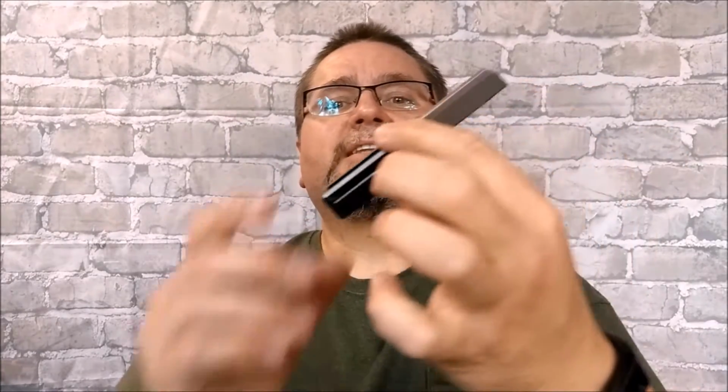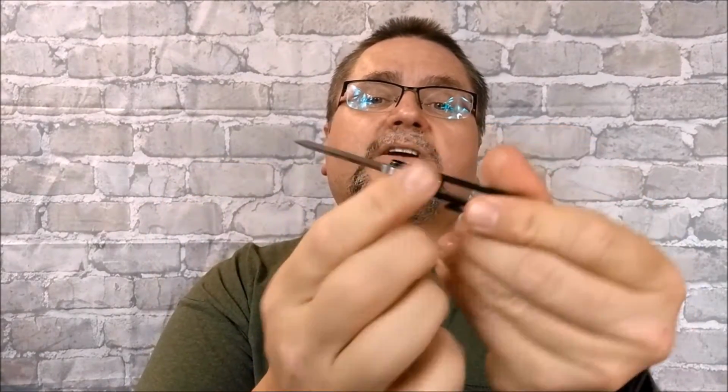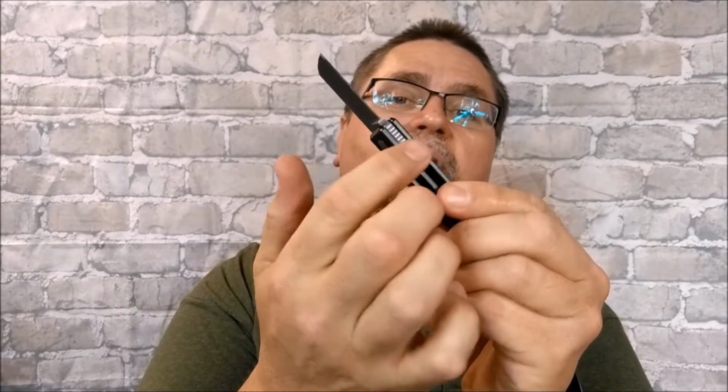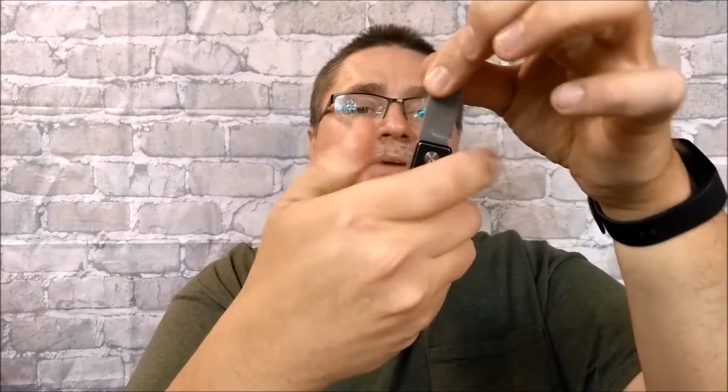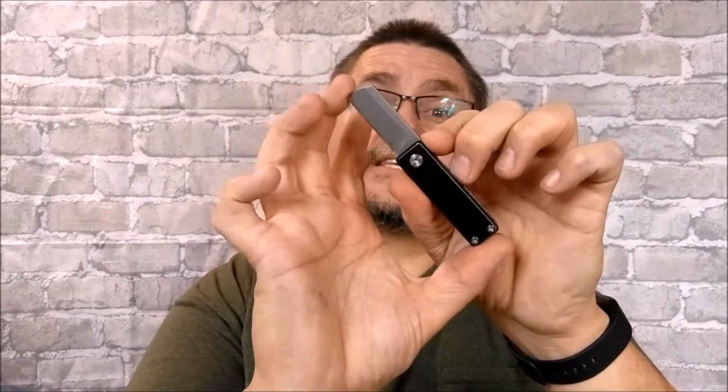So if you're interested at all in a nice sub 3-inch slip joint, I really wish they did this with a locking blade, but this is a slip joint, but it's very secure because of the way the handle is here. You've got your finger below the blade and above the blade, and that's going to stop it from closing on you because you're holding it with your thumb and your index finger. Very safe way to use a slip joint, and it's a wee knife, so this thing's probably legal in 99%